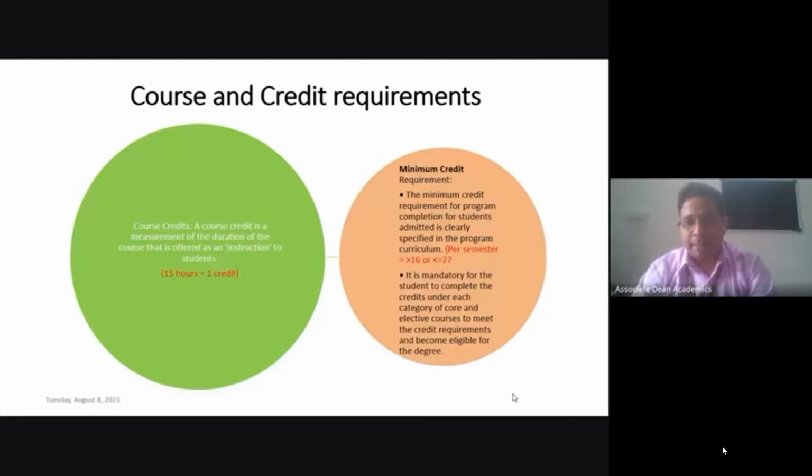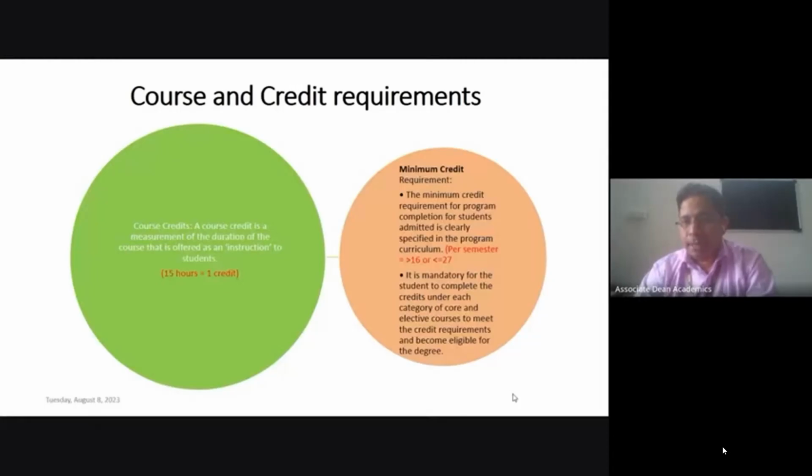Each lecture will be of 90 minutes or 1.5 hours. So in order to meet the requirement for 3 credit, you have to attend 30 sessions of 90 minutes each. And similarly a 4 credit course will require 60 hours to complete. That means you have to attend a minimum of 40 sessions. Then only are you eligible to earn 4 credit for that particular course. It is not only that by writing the exam you are eligible for 4 credit or 3 credit. You have to attend those number of classes also.